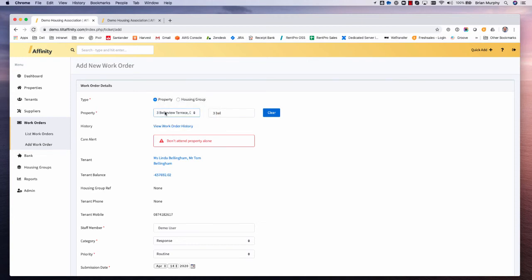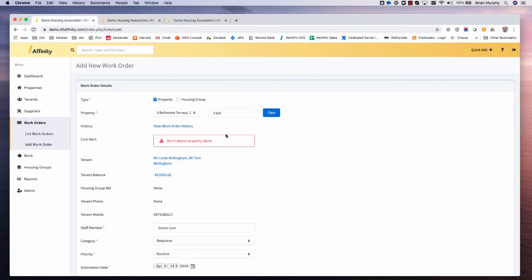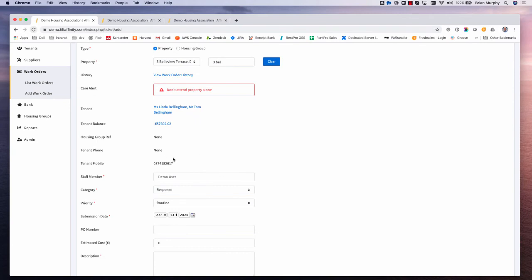You'll see that when the property has been selected, some additional information is available to us, including the work order history, a pop-up window. We can look at previous work orders that have been raised against this particular property to see if there's any patterns arising. We've got the care alert. It may be useful to anyone dealing with this particular maintenance request. Who the tenants are that are currently residing within the property, current rent or tenant balance, and some contact details